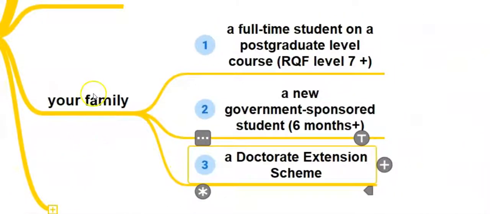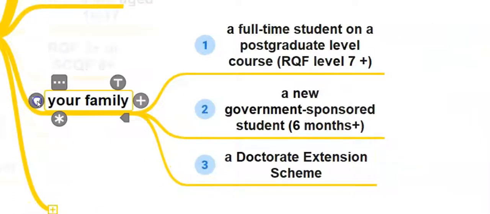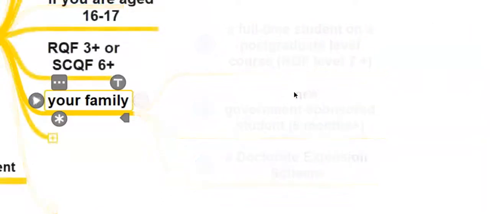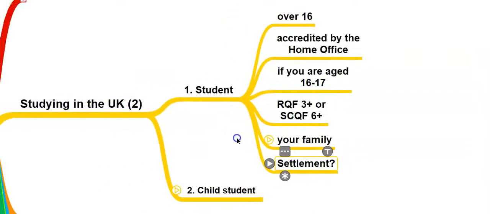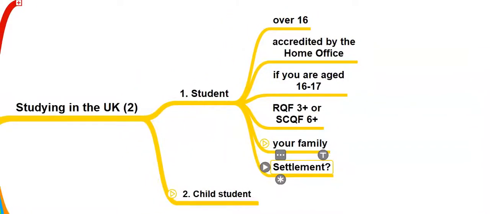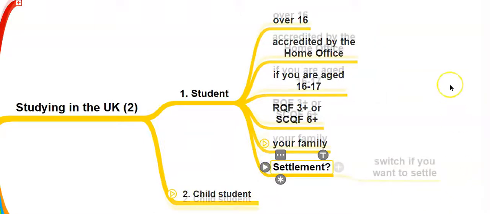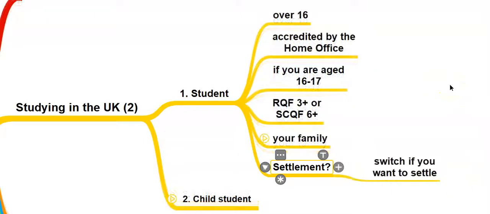So in these circumstances, you can invite your family members to join you here in the UK. And a very frequent question which people ask me is, can a student eventually settle in the UK? So for example, if they come here as a child student and then they extend their visa as an adult student, so someone who's 16 or 18, and the answer is unfortunately no, you cannot switch if you're here as